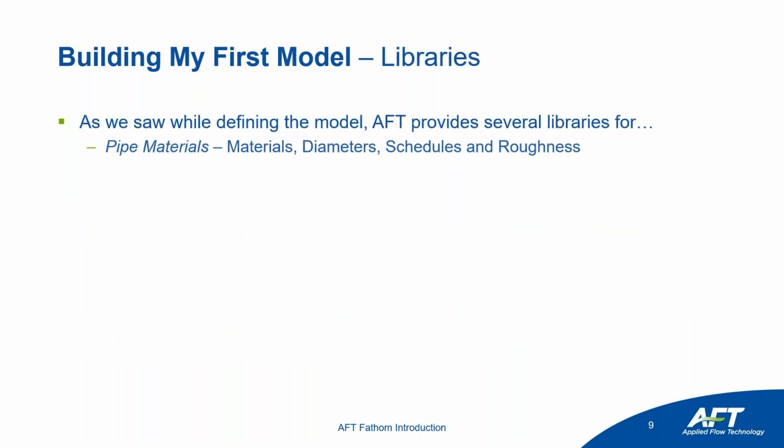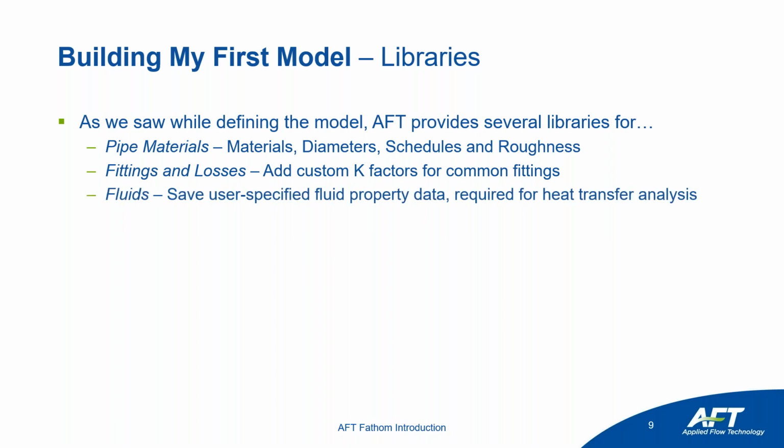Finally, we'll touch on libraries, which we saw when we were specifying our pipe materials. So whether that be a pipe material for ANSI steel or PVC or any other material, the range of diameters, schedules, and roughnesses. We saw all of the fittings and losses that you can add to your piping to consider those additional losses. The fluid databases and the fluid libraries that we have specified, where you can save your own